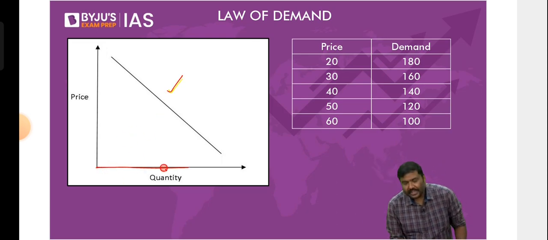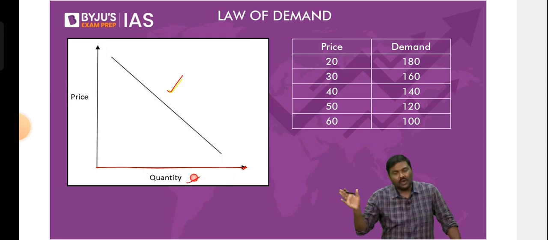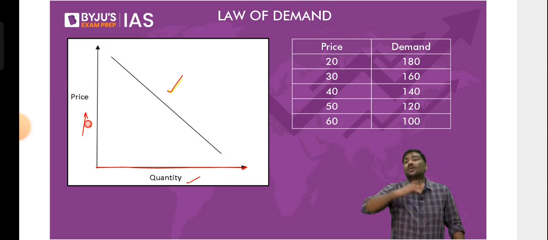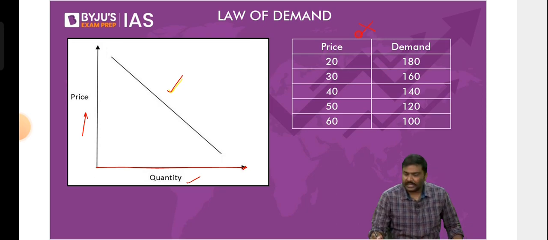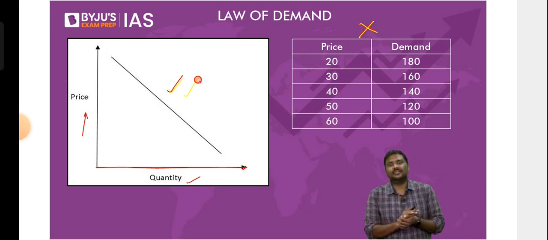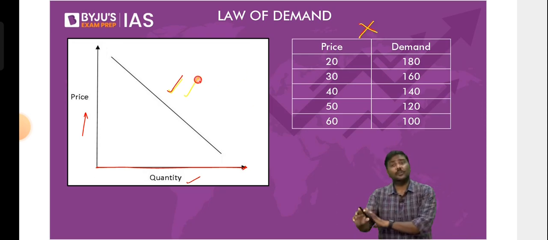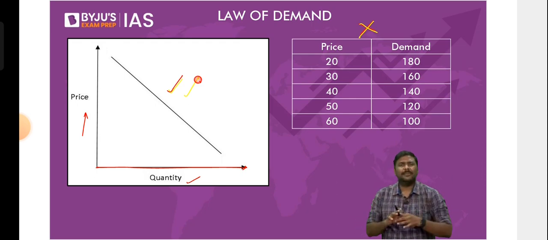That is, a graph is drawn where the quantity of the goods, or the demand for the goods, is represented along the x-axis and the price of the good is represented along the y-axis. I'll tell you one concept. Please don't mug this up. This is not important. Many of you will ask me, sir, how the curve is drawn. I'll explain it, but it is not required for UPSC. Trust me on this. But many of you will be concerned about how the lines are drawn. Give me 2 minutes, I'll explain this.